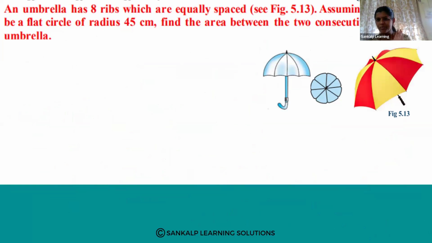See, there is one umbrella. How is that umbrella? The umbrella has 8 ribs. So we call these ribs. How many ribs are there? 8 ribs. If you flatten the same umbrella, you will get a circle. Yes. So the umbrella looks like this, and if you flatten it, you will get a circle. In that circle, it has a radius of 45 centimeter. Find the area between the two consecutive ribs of the umbrella. Yes, so here